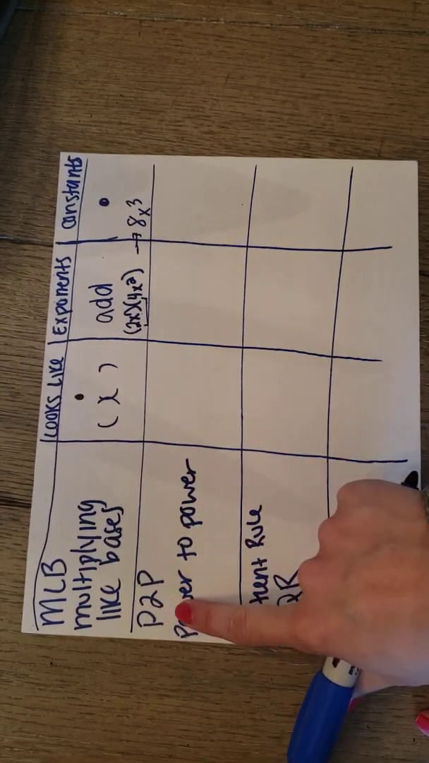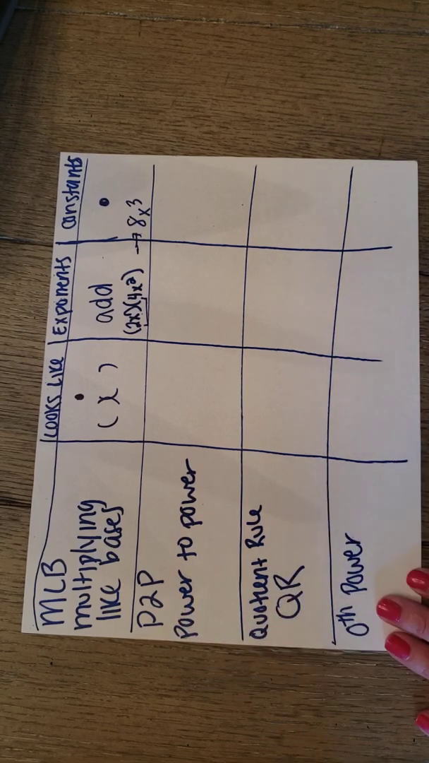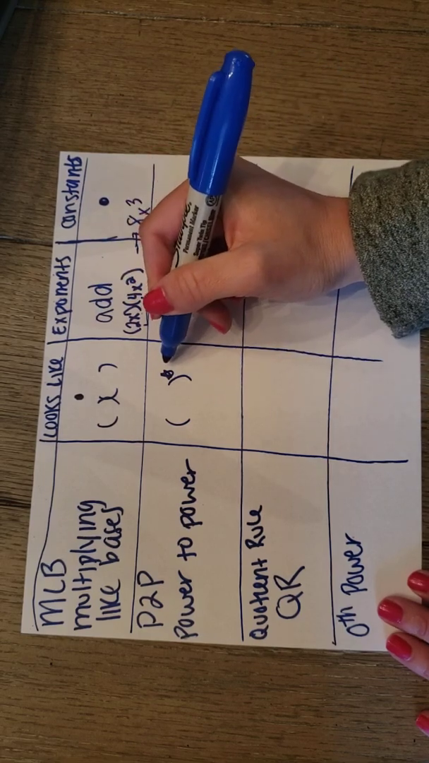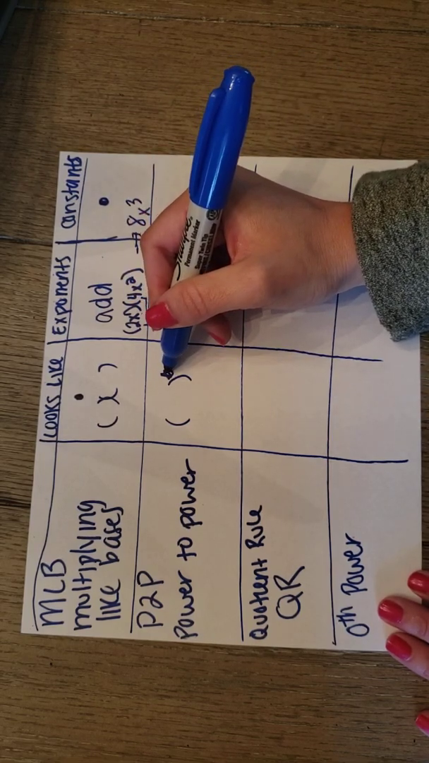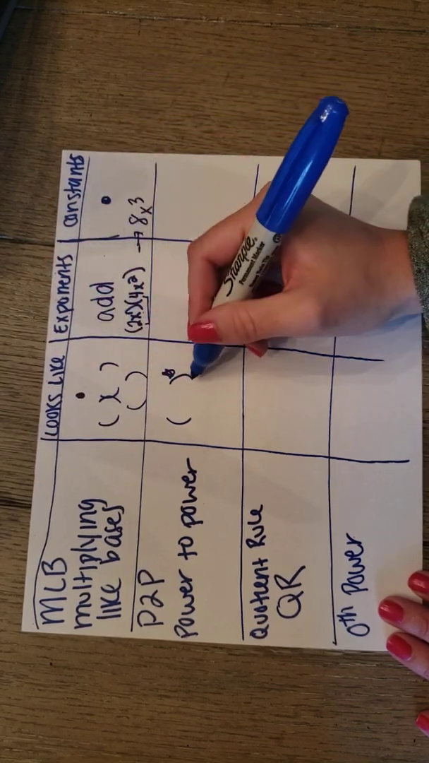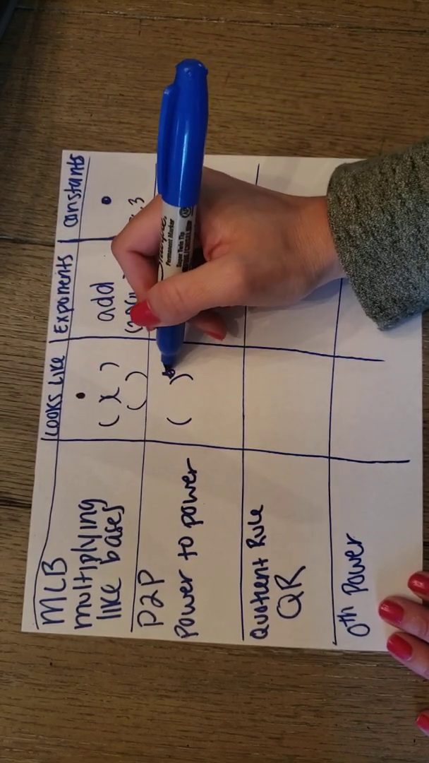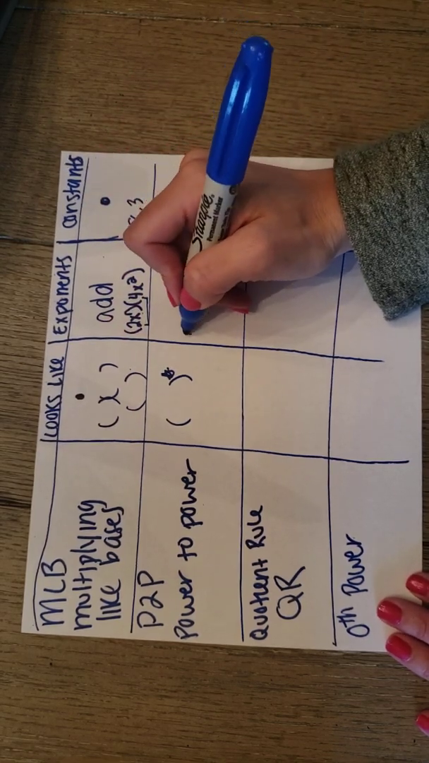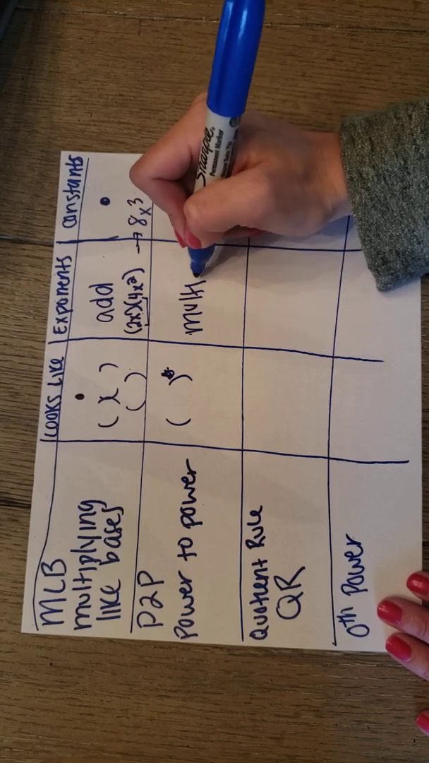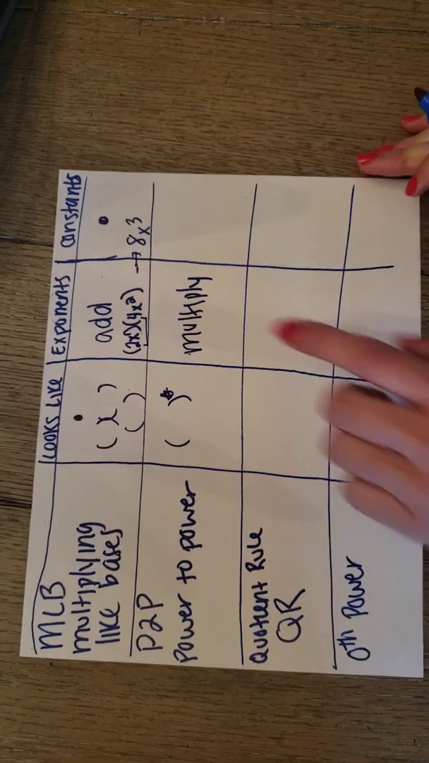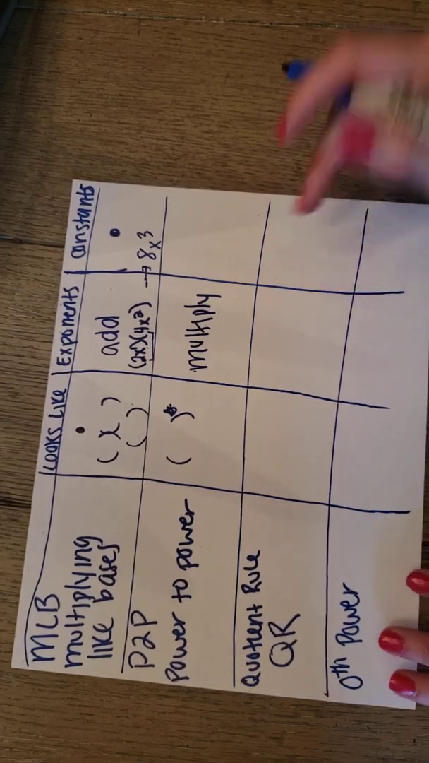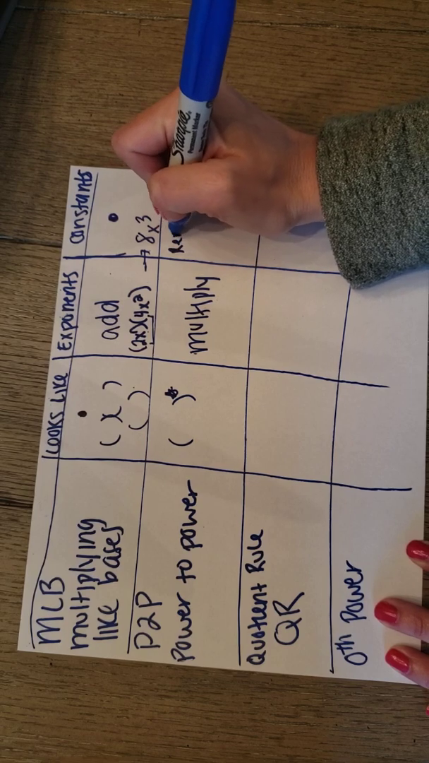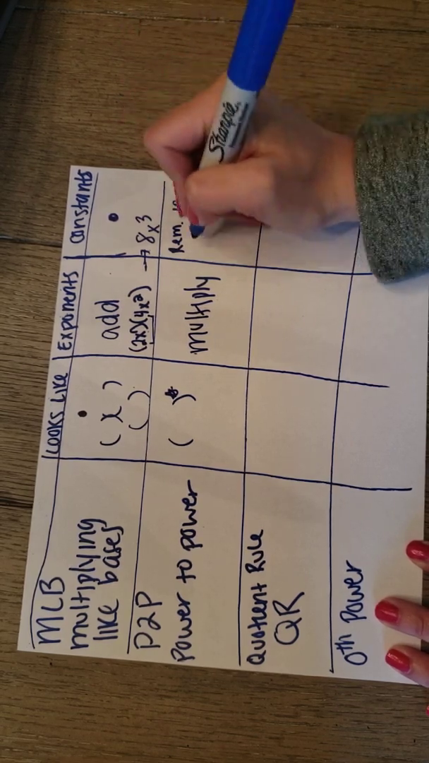Power to power, I'm gonna abbreviate P2P. That is always gonna be one set of parentheses, but there's gonna be an exponent on the outside. That's what delineates MLB from P2P. This has an exponent, this one does not. So when you have power to power, you multiply the exponents, and for the constants, you have to remember to put a 1